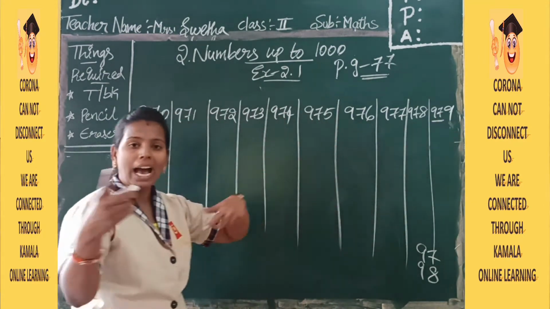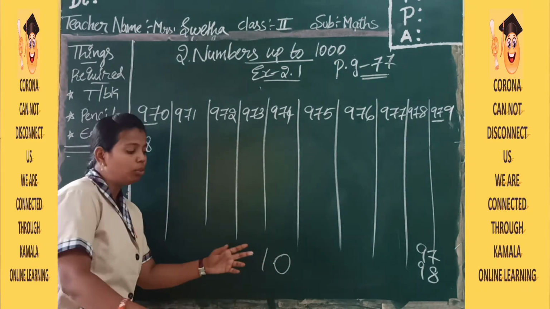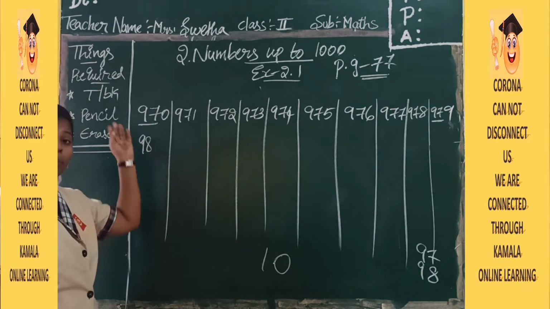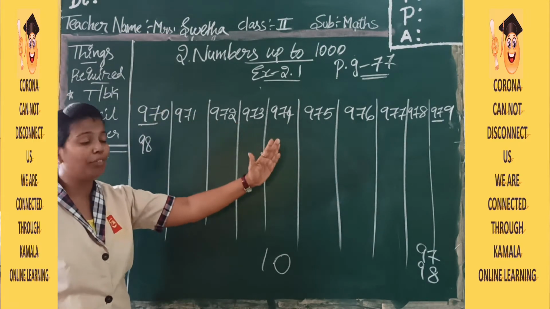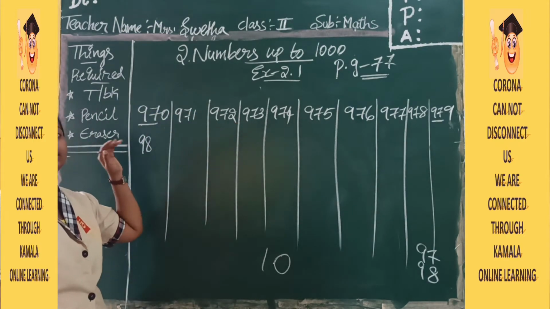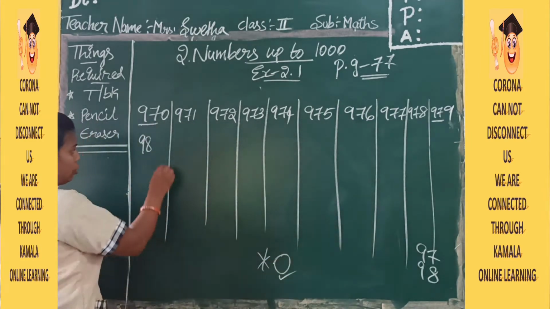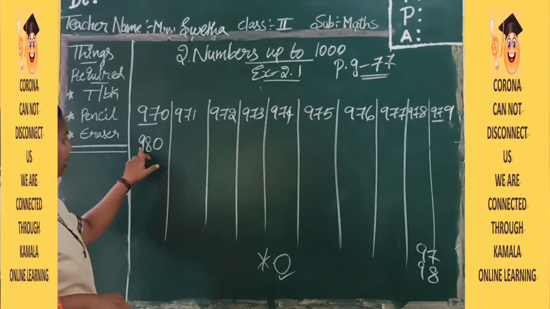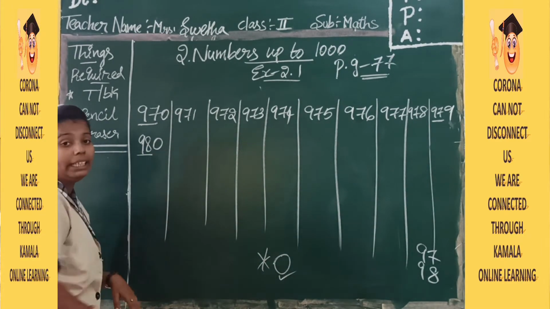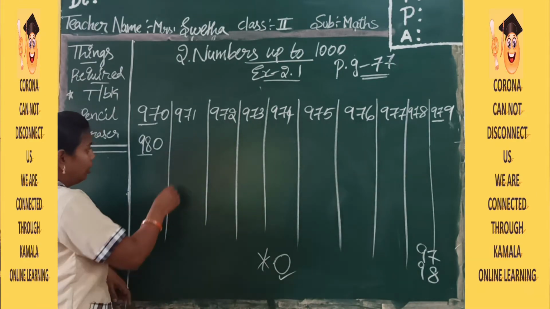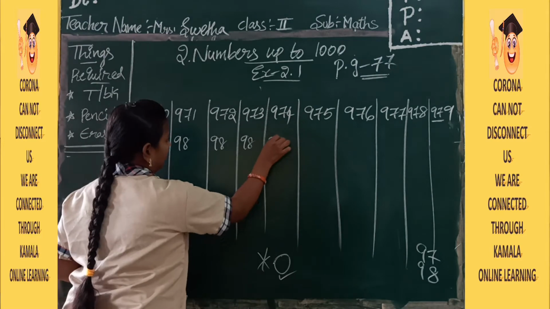In the 9th place you got 9, no? After 9, what will you get? You will get 10. But if you write two digits here, 10, it will become 4 digits, and you have only 3-digit numbers. So you should not take the 1, and you take the 0 and write it here. So here 980. The common number here you have to take as 98. Here 98 will become your common number.